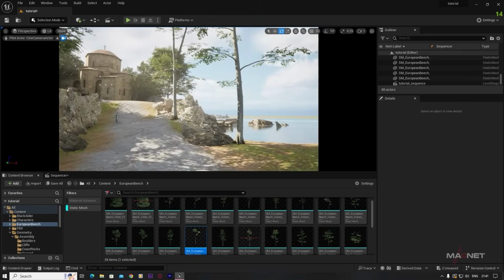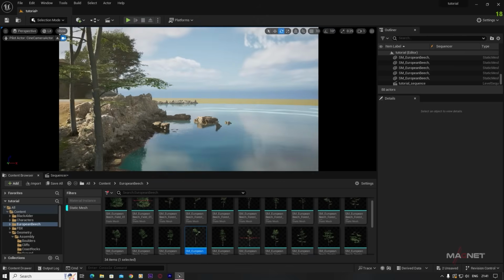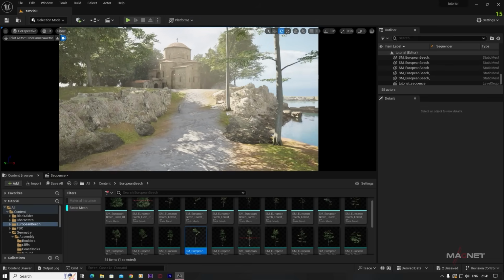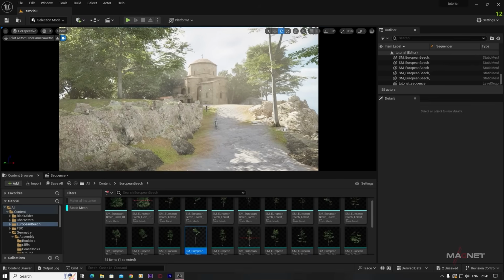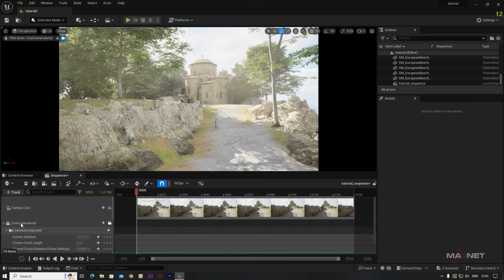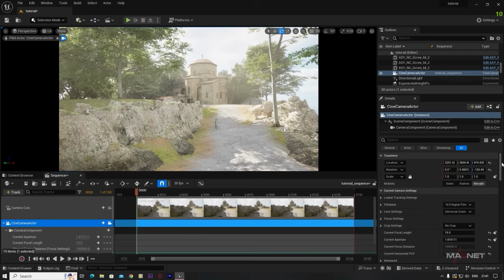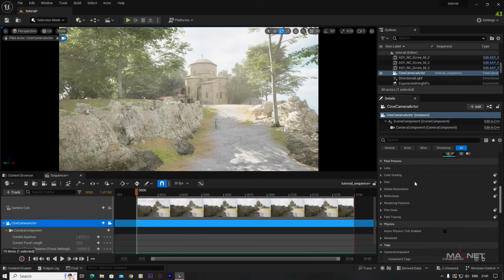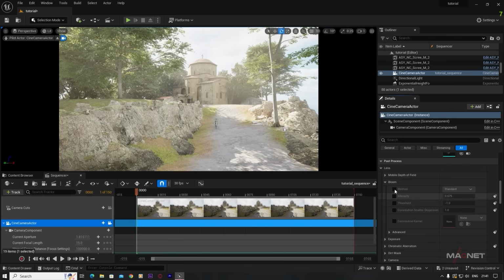Okay, so now we're going to put some mountains at the distance. But before we do that, maybe it's time that we adjust the exposure of the scene. So for this, we go to the sequencer, and then we go to this camera. And now we're going to change some settings here also. So first we go to this camera lens setting, then we go to this bloom effect. First we change the method, so we change this method from standard to convolution here, and also we decrease the intensity to maybe